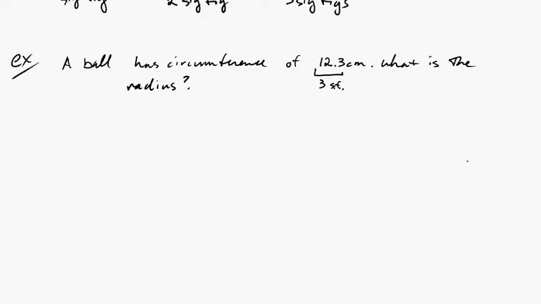Okay, so circumference and radius are related to circumference equals 2 pi r. And so we're going to take the circumference, measuring around like the equator of the ball, and we're going to set it equal to 2 pi r. Now to get this r alone and figure out the radius, we divide by 2 pi on both sides, and I plug that in my calculator. Now when I plug it in my calculator, I got r equals 1.9576058